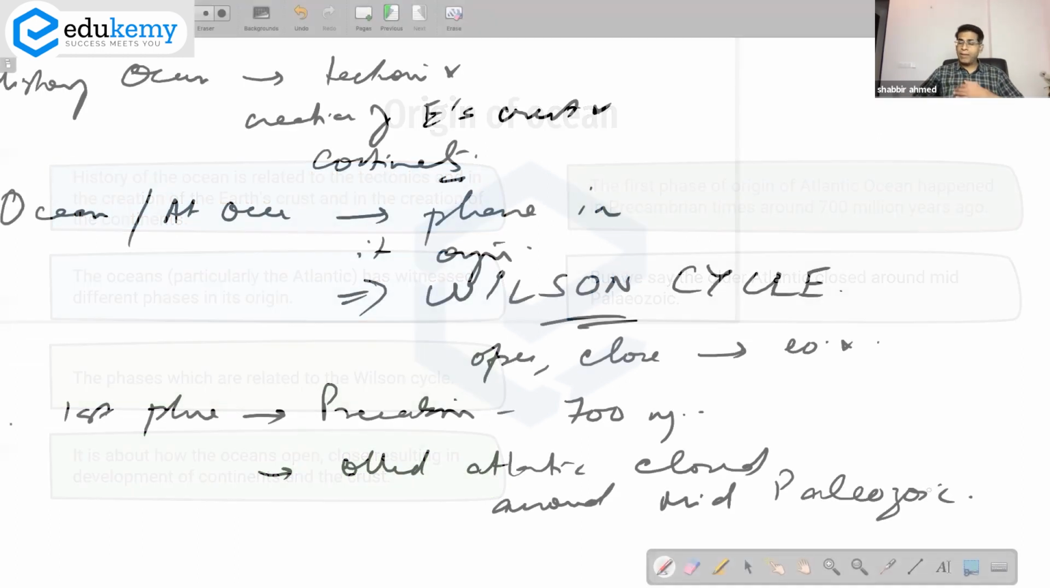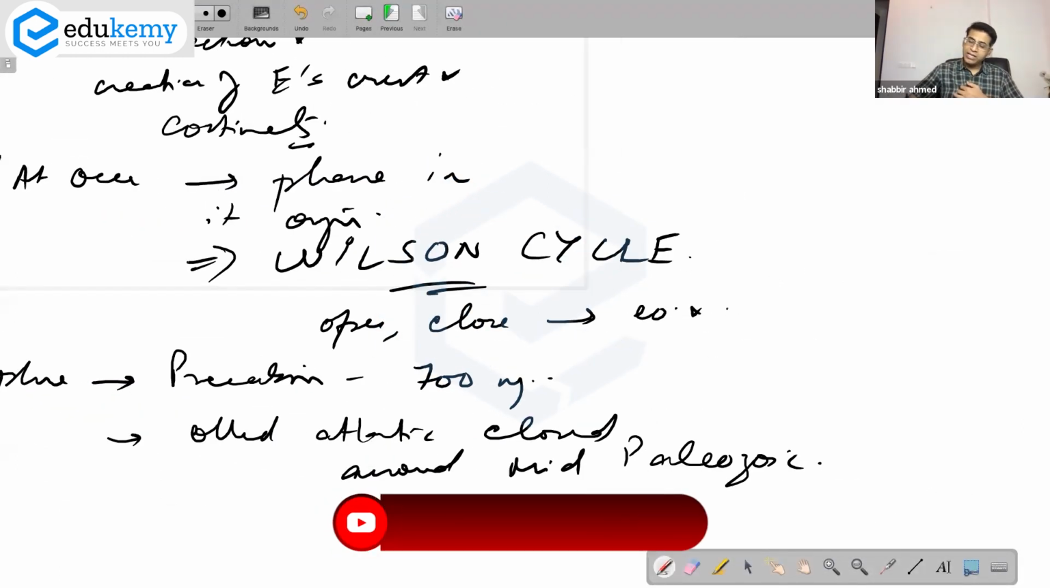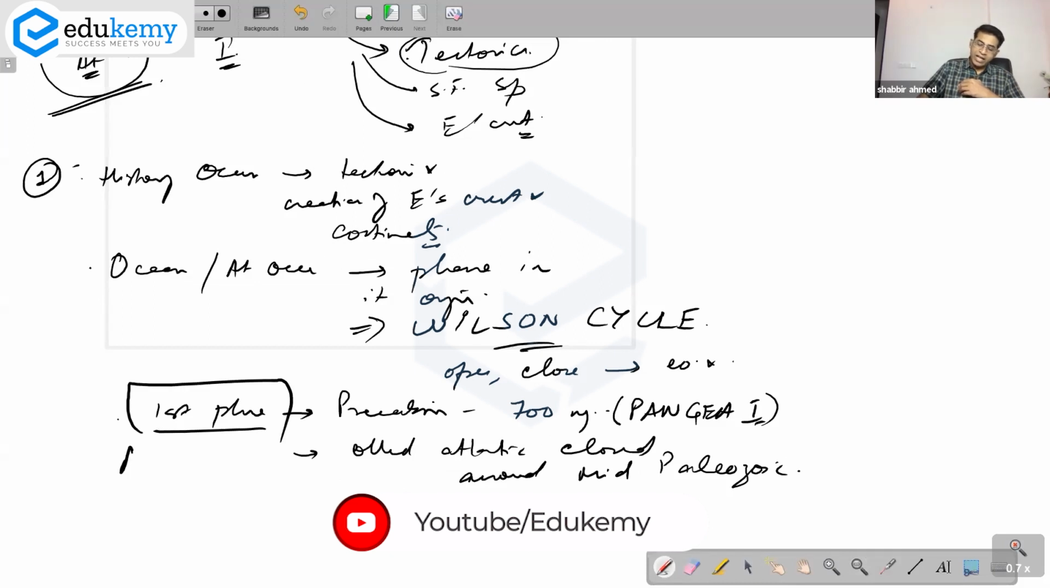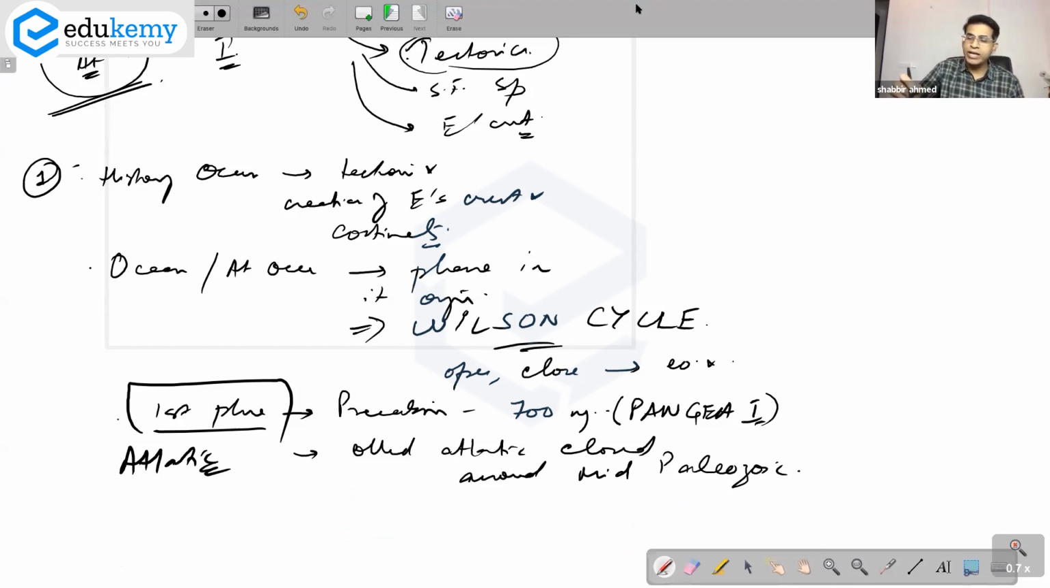Okay, ये आपका part of what's called as the evolution of the first supercontinent. Pangea 1 का part था. The first phase. I'm talking about Atlantic Ocean. The origin is from the Precambrian times. 700 million years old history है, related to Pangea 1. But Atlantic Ocean closed, बंद हो गया. It closed around the